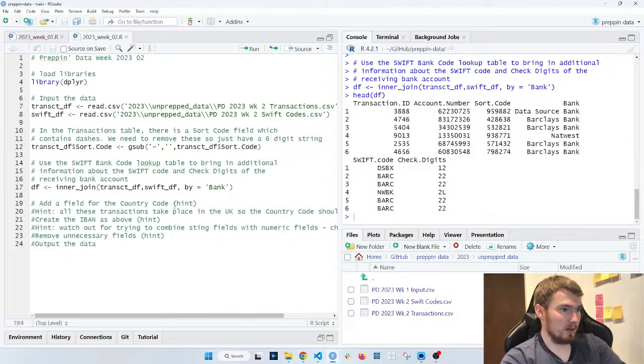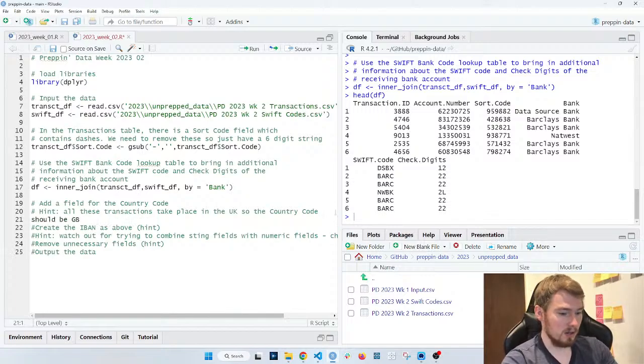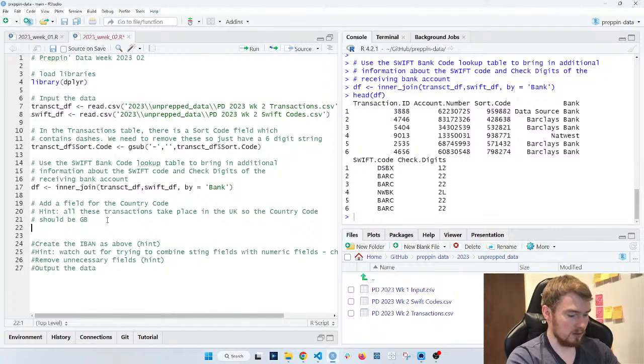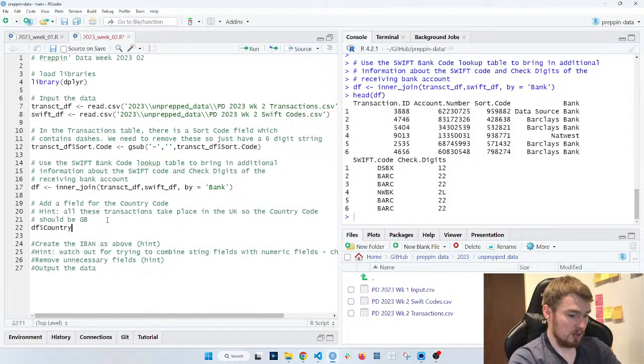Okay, next up. Add a field for the country code. Hint, all these transactions take place in the UK, so the country code should be GB. Okay, so this shouldn't be too bad. So if I go data frame, I then do the dollar sign to denote a column. I will then write country code in this case, GB.